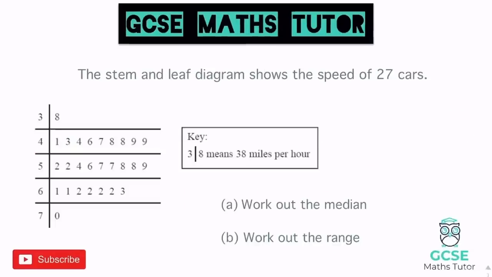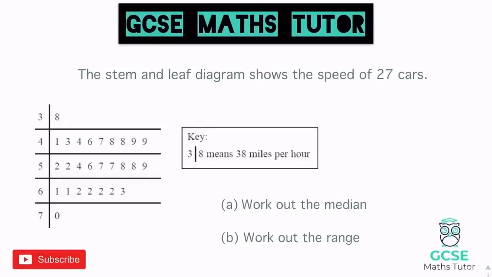Okay, so reading from a stem and leaf, it says the speed of 27 cars. Work out the median and work out the range. So to work out the median, I want to know which one's in the middle. We can take quite a nice approach for this. We can just cross numbers off either side until we get to that middle number. So if there's 27, I'm going to cross off 10 from each side at least, so I can start to